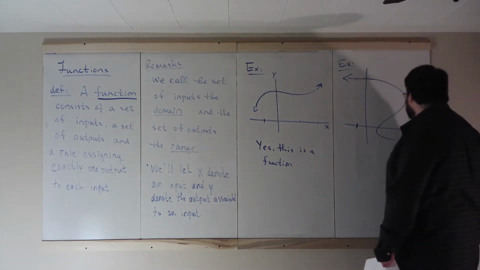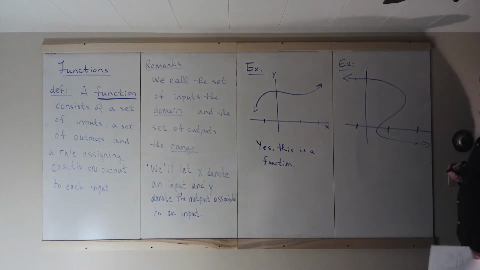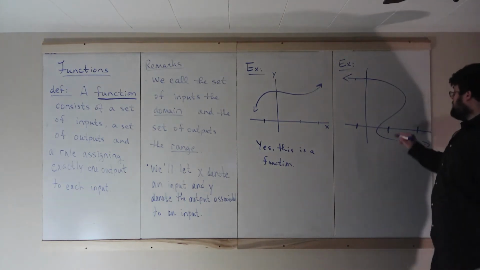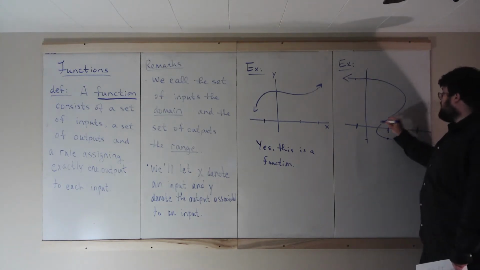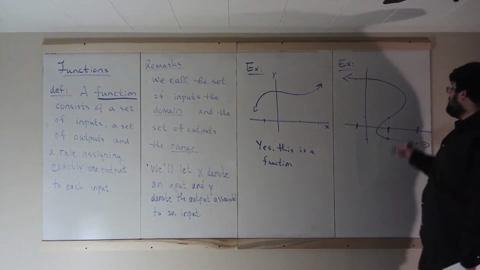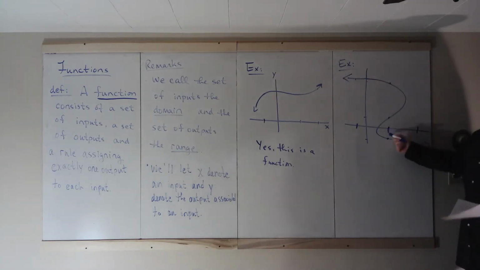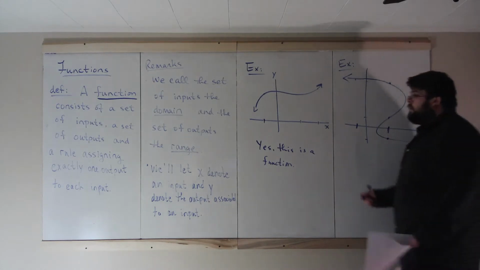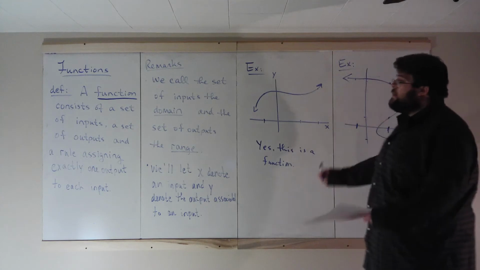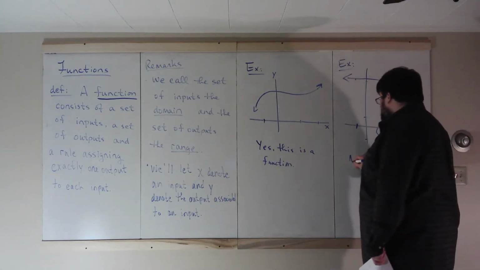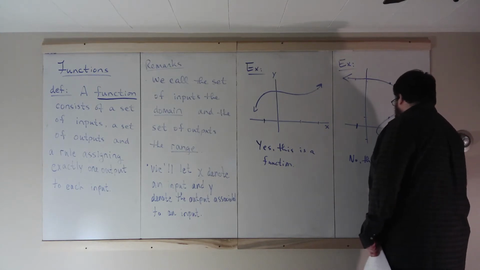Well, what if we choose this right here? How many y values correspond to that x value? Well, we go down here, there's one. We go over here, there's a second one. Up here, there's a third one. So for this x value, there are multiple outputs. All you need is one x value that violates that last condition for a function. So no, this is not a function,